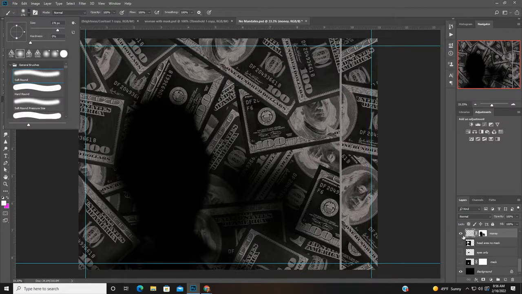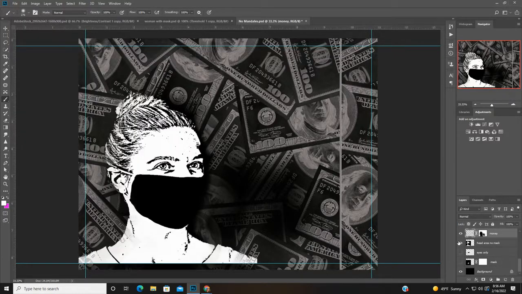So if you look over here on the right, we can see the money layer, and then here is the layer mask, and I just took out all of this money so that when the head is in place, it doesn't overlap onto the head, because otherwise look what would happen. Okay, so if I do that, then the money's there, right? Maybe on some projects you might want to do that, but on this particular one, I don't. Okay, so I want to remove that money